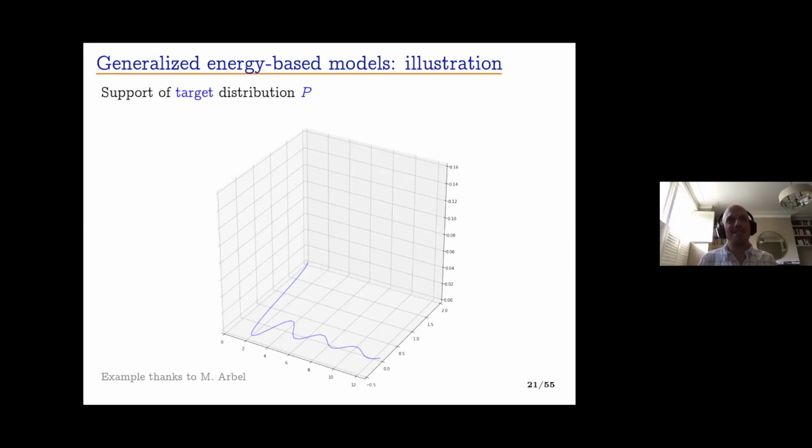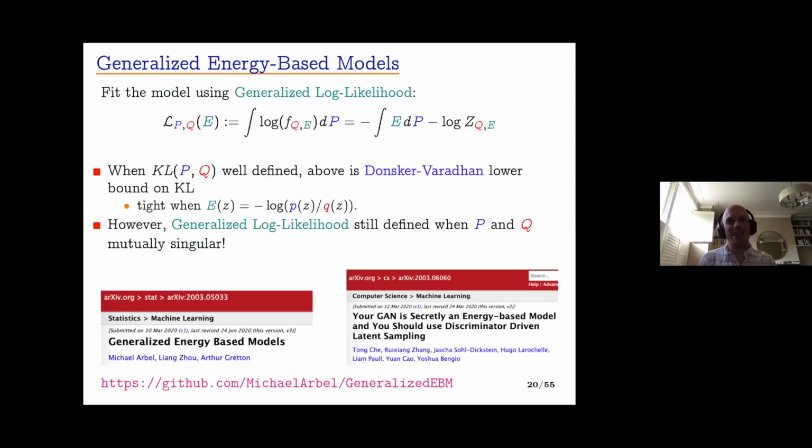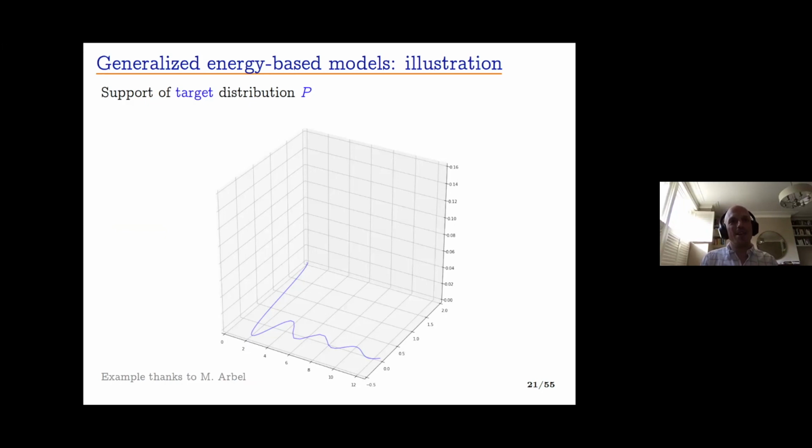Before I go to those tasks, I'm just going to show you graphically what this model is doing and why we might want to fit it. So let's say that our target distribution is supported on a 2D plane, but it's a one-dimensional submanifold. So this is what I've shown in this plot here. So this blue wiggly line here is the support of our distribution in 2D. But as you can see, the support is a 1D submanifold in this 2D space. And this is a sort of realistic situation when you're trying to generate images in high dimensions.